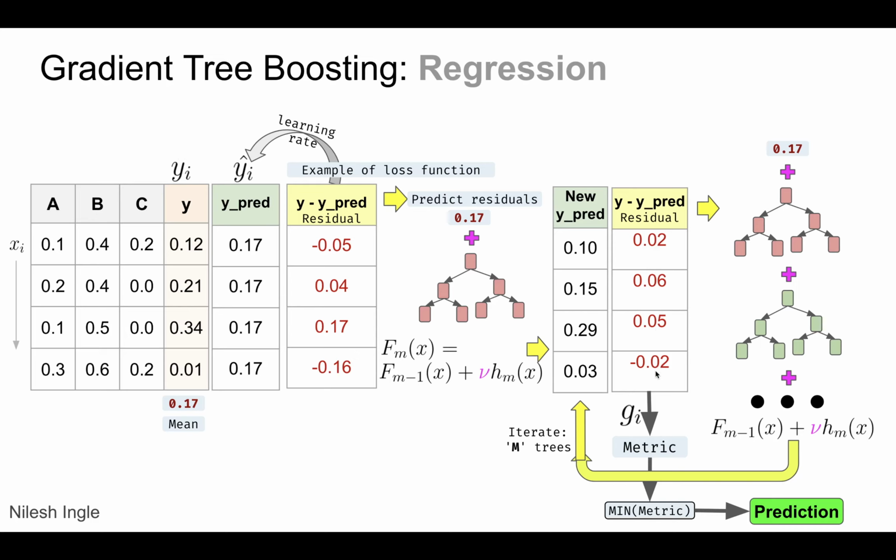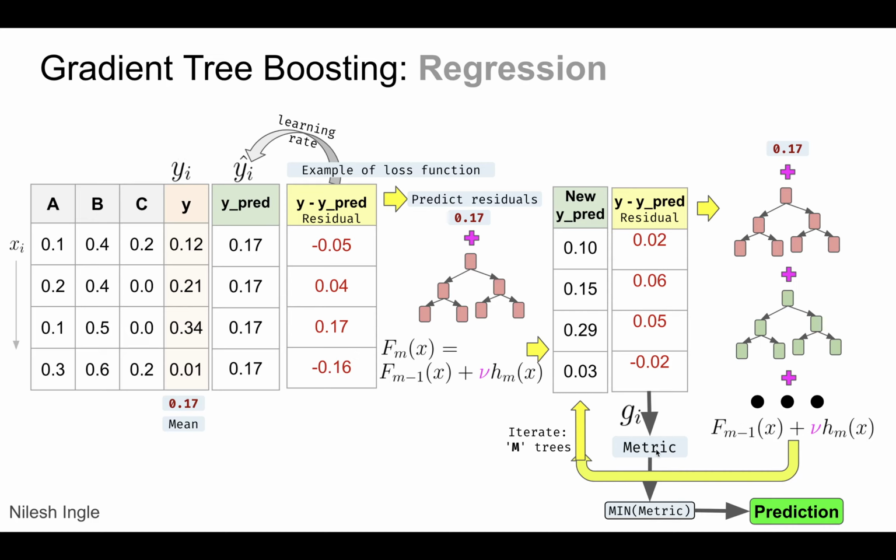And again, in the next iteration, we can fit a tree. In this case, we are fitting this tree shown here in the green, and the process is the same. We fit this to predict residuals, and then we add all these previous values to this value, and then update, get a new set of predicted values, and we can iterate through these steps until we have a metric